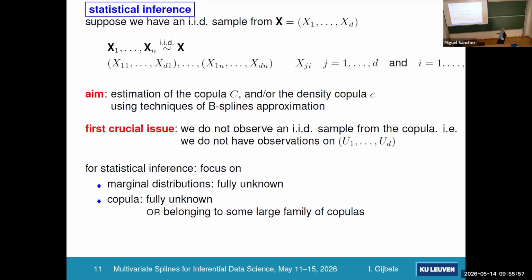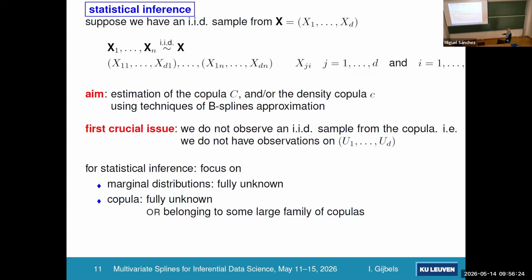A second thing to realize is when you do statistical inference, if you would tell me, okay, you have a Gaussian copula with rho equal to 0.8, I know the copula fully. If you tell me you have a Gaussian copula, but I don't know what rho is, then this is like a parametric form for the copula. If you tell me the marginals are normal and I don't know what the variance is, then this is parametric,